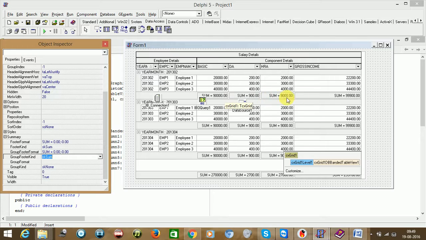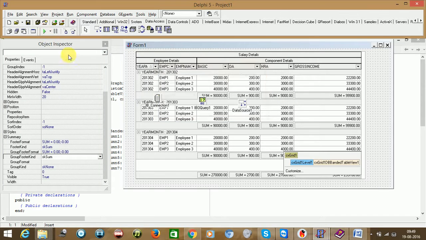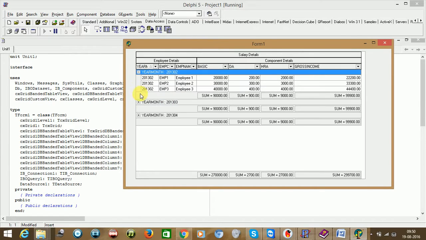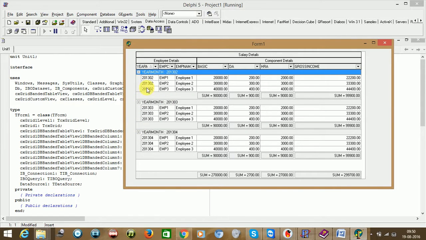As you could see here, I will try to run this application. Sure. As you see here, this is 4 plus 3 is 7, plus 2 is 9, 9, 9, 27. I hope things are correct. Now what is happening is that this year month is coming here and this year month is also coming here.